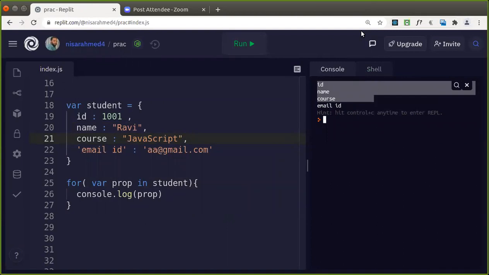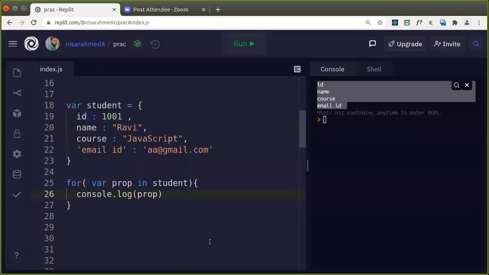So what you are getting here, you can see that you can iterate through all the properties and get the key from that one, isn't it? The student is there. From student, you are getting the first key, that is ID. When you don't know, you can just iterate this way.